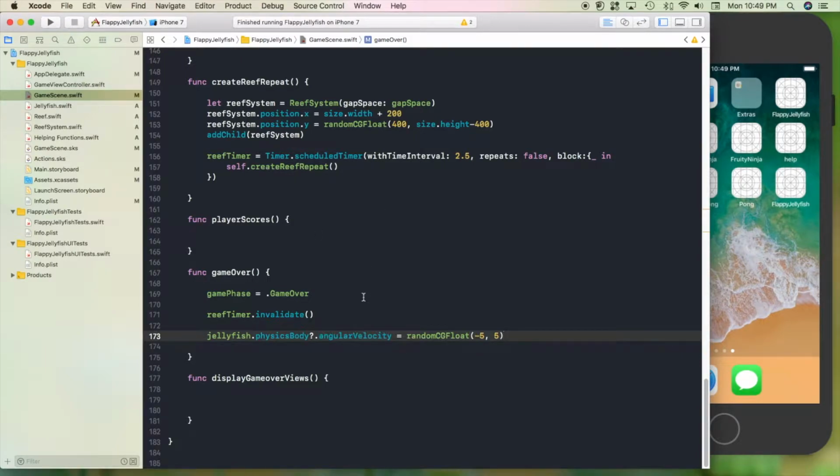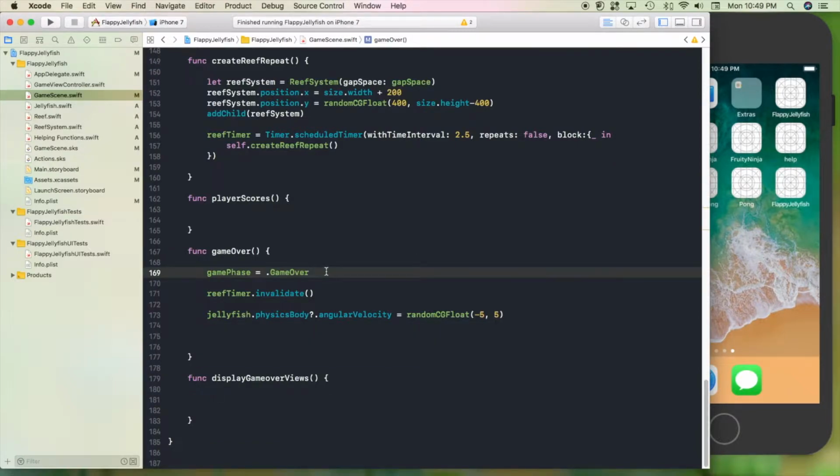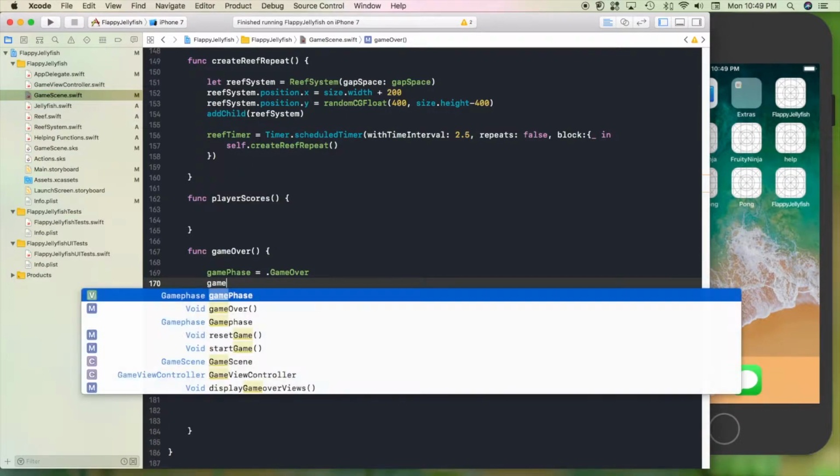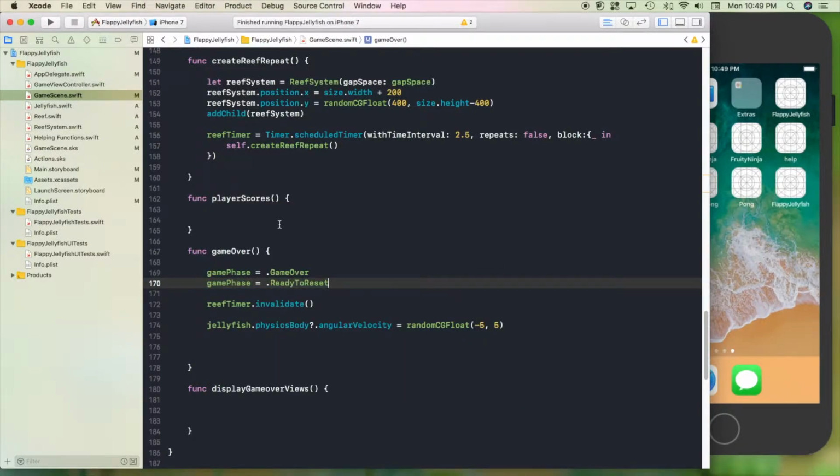With angular velocity, this is given in radians per second. If you don't know what radians are, pi, 3.14, is a half circle, and 2 pi is a full circle. That's all you've got to know for now. Okay, for now, just to get an immediate cycle going, let's immediately change the game phase to ready to reset, so that